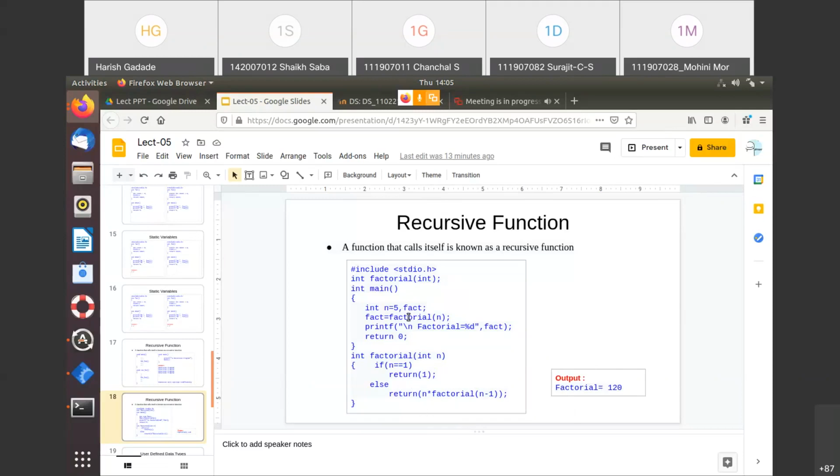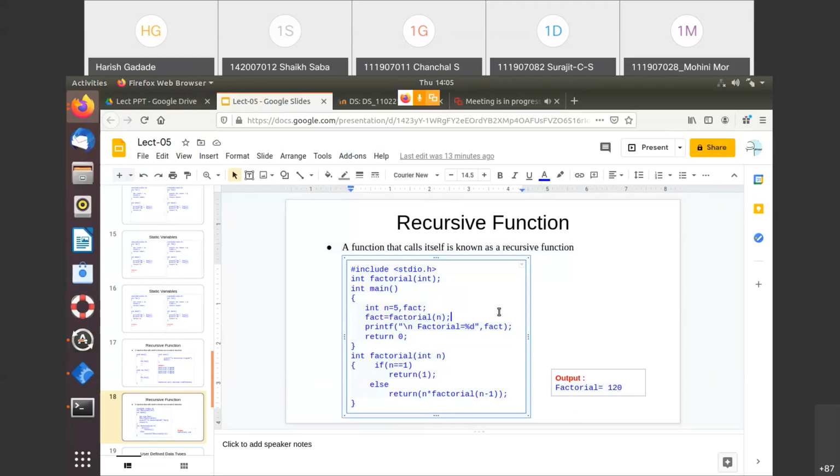So here, when the compiler first comes to this point, suppose I passed the value 5, it is coming here, right? That value of n is 5. So n is not equal to 1, it means it is coming to this point. So what will happen here? I just ignore this part, just consider this as a comment, right? So n value is 5. So I am doing 5 into, again I am calling this same function again, right? This function, but that parameter is what? That is n minus 1.